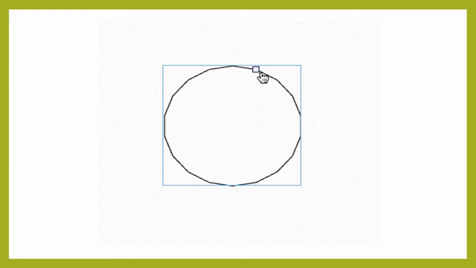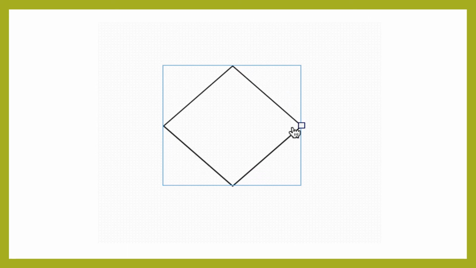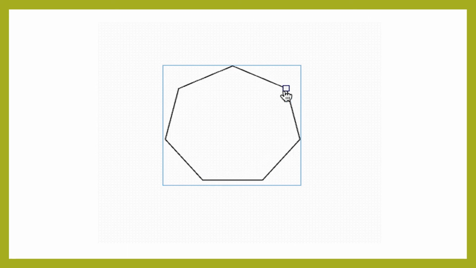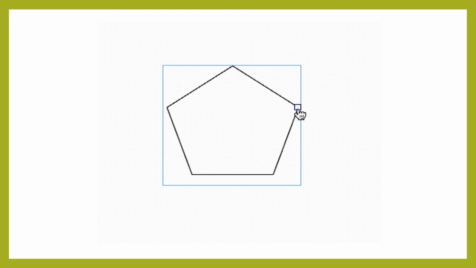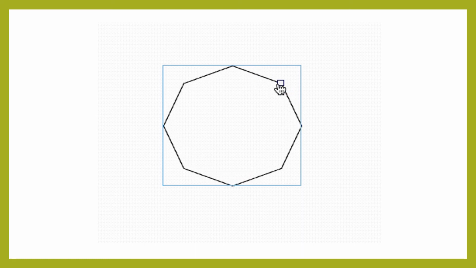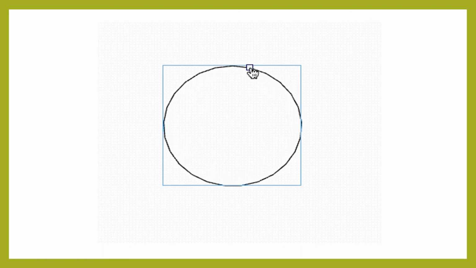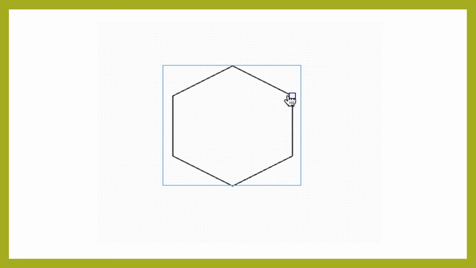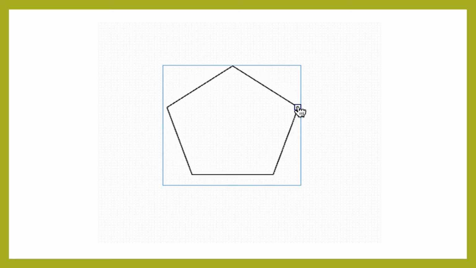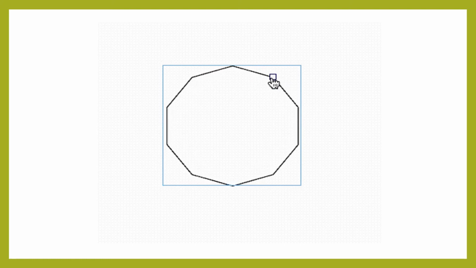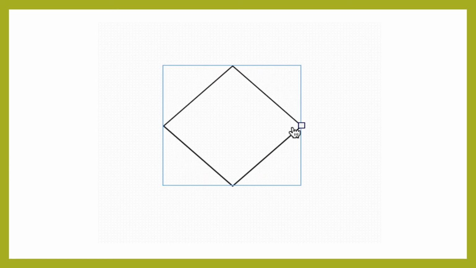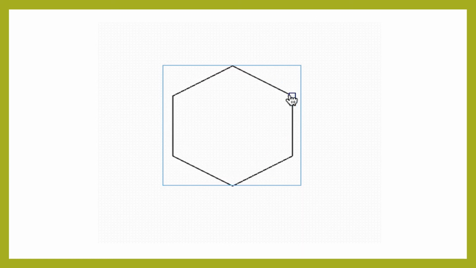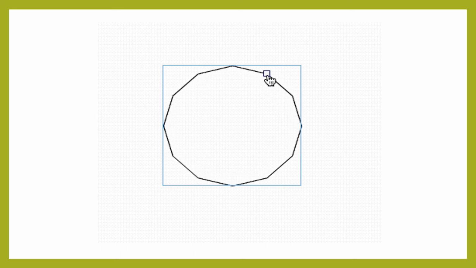Now let us do one activity, children. Draw a rectangular path as shown in the figure. Then place the tip of your pencil on the middle of any side of the square, and trace the path. Now note down how many times you have to change the direction while tracing the complete path. Afterwards we have to do this action for a pentagonal path also, and note down the number of times the direction changes.